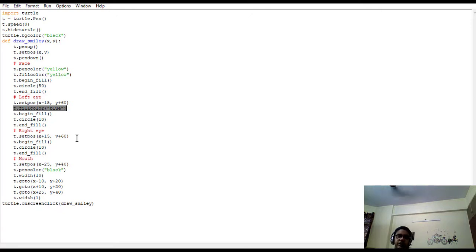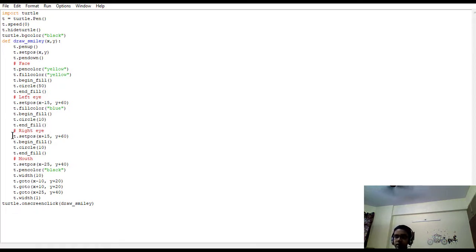You can change this to black, red or anything, but I want it blue, so I will set the color to blue as here. Then I will begin my fill. Then I want my circle to be very small because it's the eye, so I will use only 10 pixels as radius. If you have made a smaller emoji, you can use smaller, like 5 or 2 even. If you have made a bigger emoji, you can use 20, 30 or as you want. Then I will end the fill.